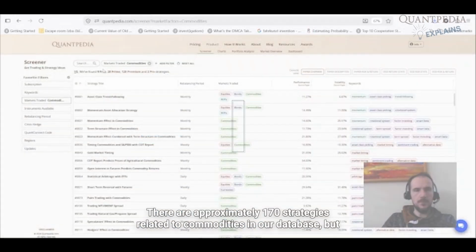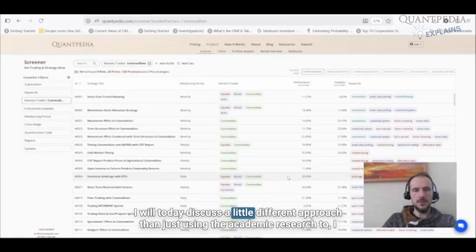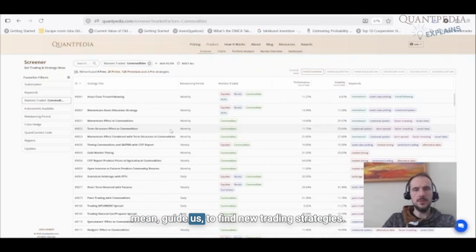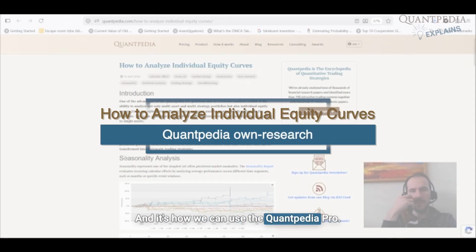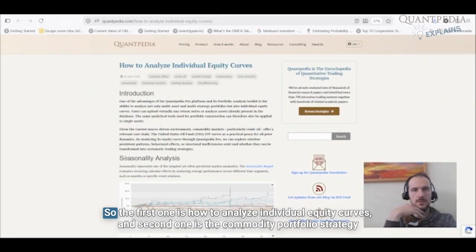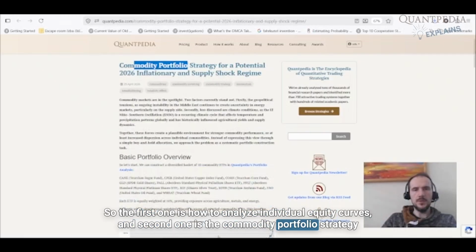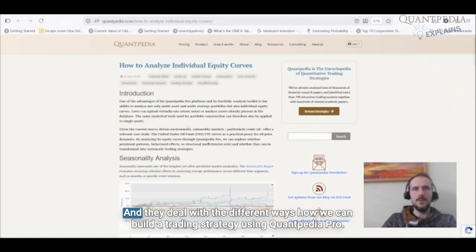There are approximately 170 strategies related to commodities in our database, but today I will discuss a slightly different approach: using academic research to guide us to find new trading strategies, and how we can use Quantpedia Pro. We have two articles on our blog which are free to read. The first one is how to analyze individual equity curves, and the second one is the commodity portfolio strategy for a potential 2026 inflationary and supply shock regime, and they deal with different ways we can build a trading